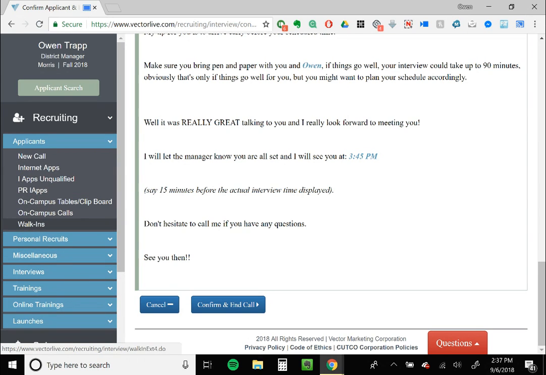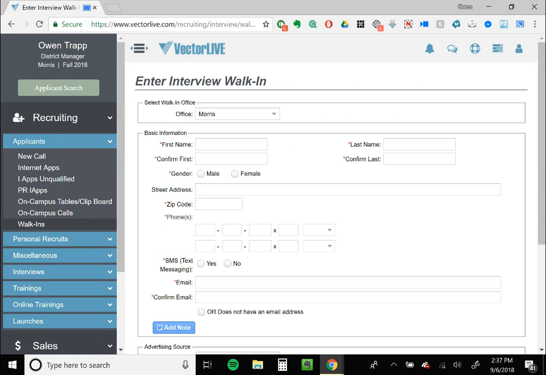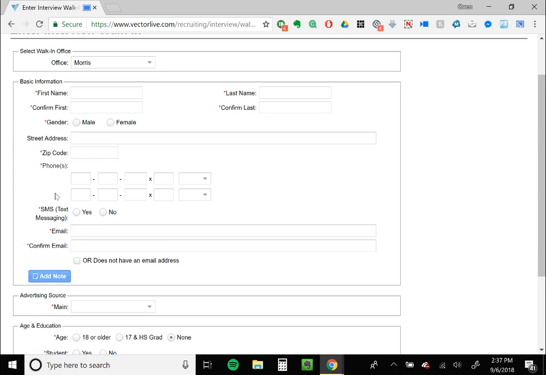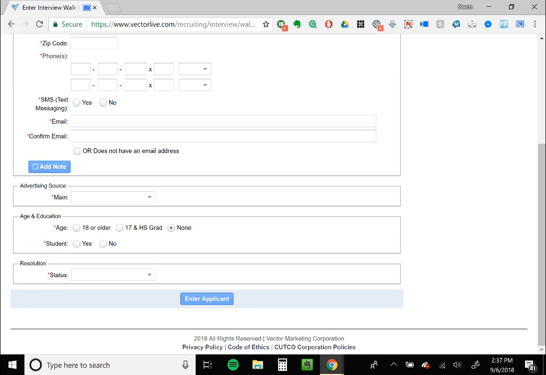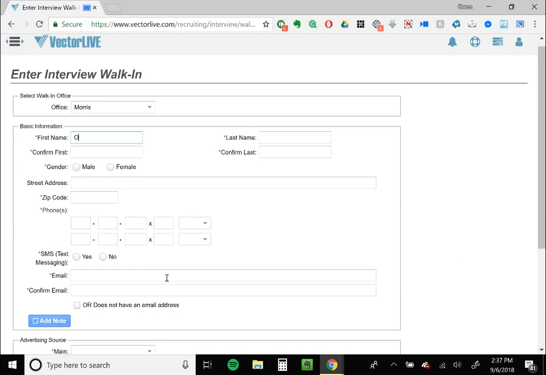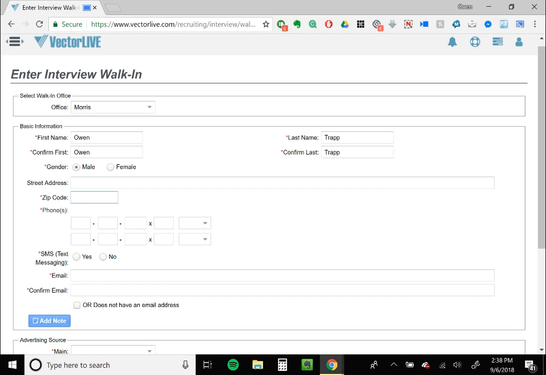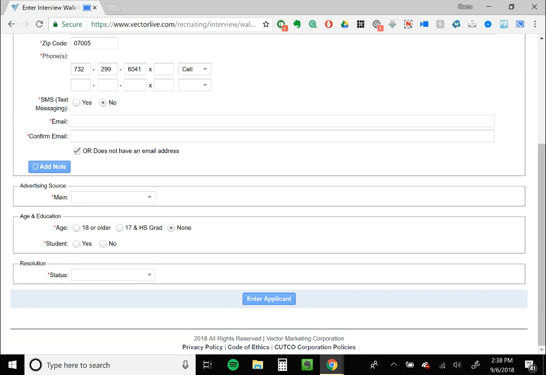The other way of doing it is you can also do walk-ins. So under applicants, there's walk-ins. This might be the easier way of doing it, where it tells you which information you need. And so let's say for me, Owen, track, now 705 6041 cell. I'm turning off SMS, doesn't have email, personal recruit,